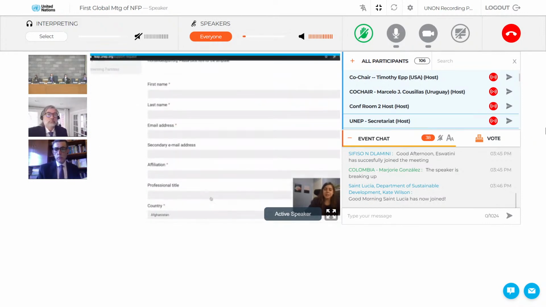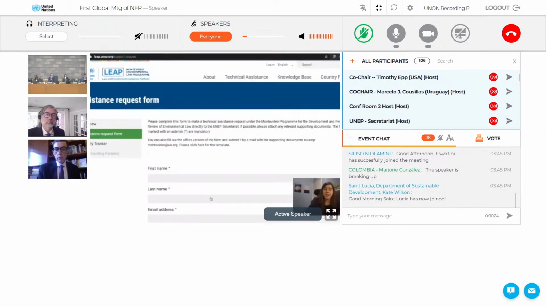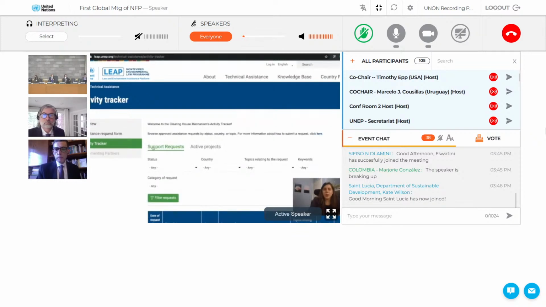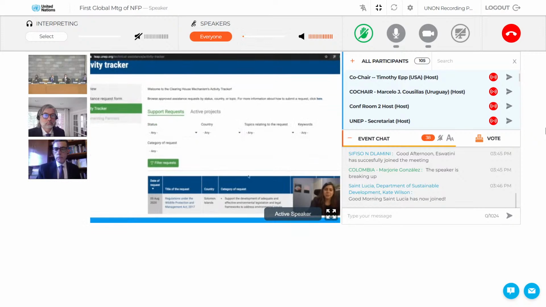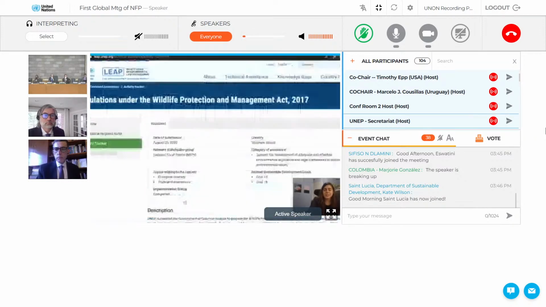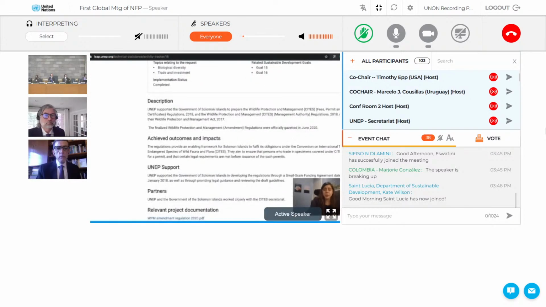If preferred, you can download an offline version of the form and email it to unep/montevideo@un.org, together with supporting documents. This section also includes an activity tracker with more information about ongoing and completed projects, as you can see here is an example. National focal points and other stakeholders will be able to submit requests for technical assistance through LEAP